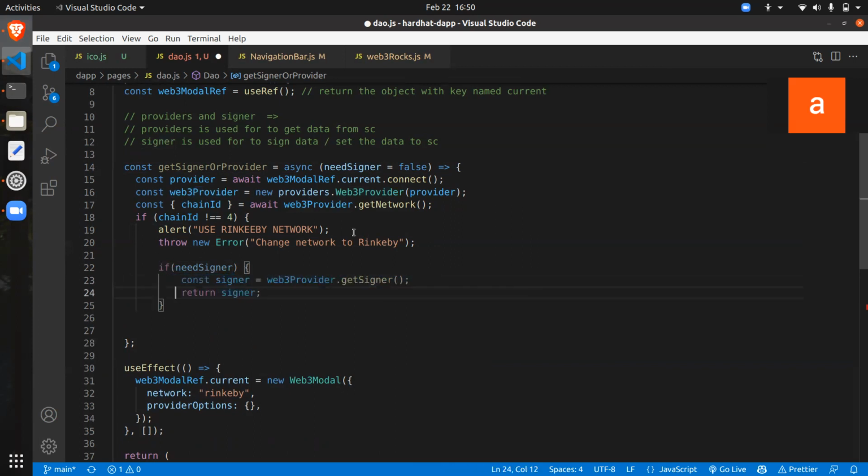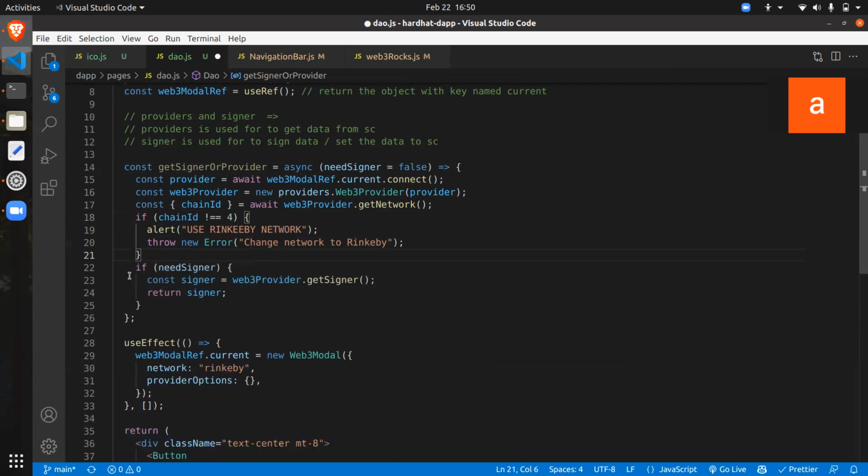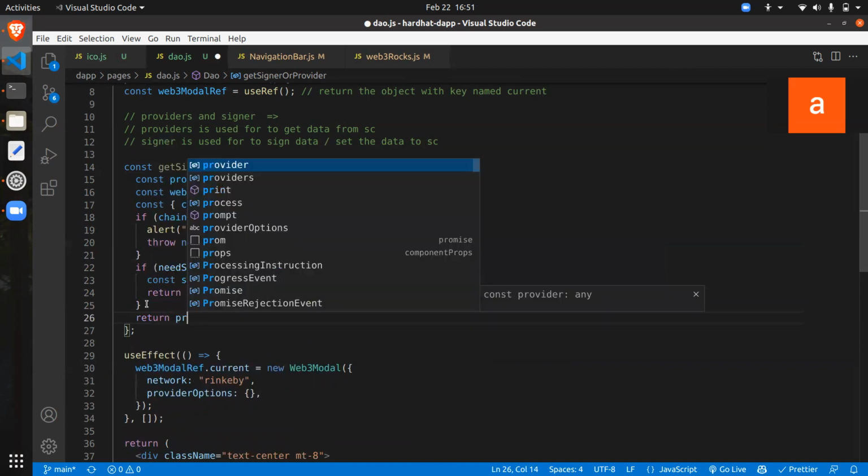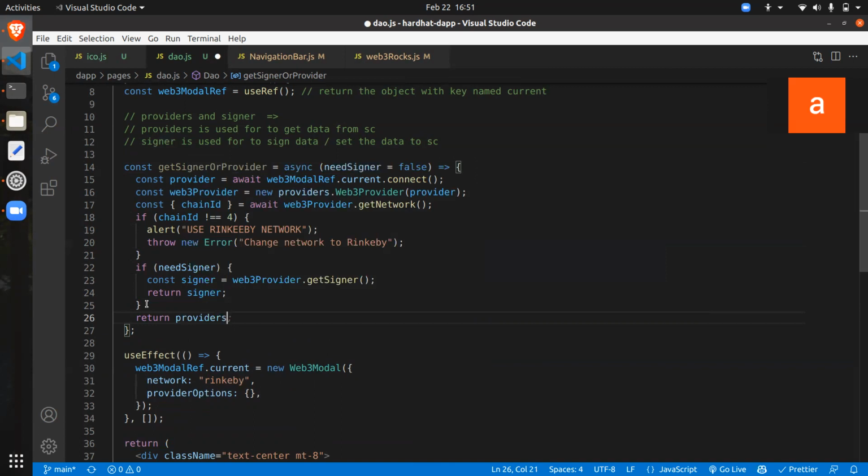But else, I made a mistake, I guess. Else we return just the provider, simply provider. Okay, I guess provider here, not the provider, but just simple provider. Yeah. So now